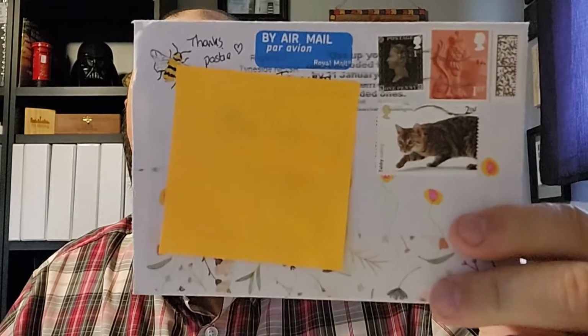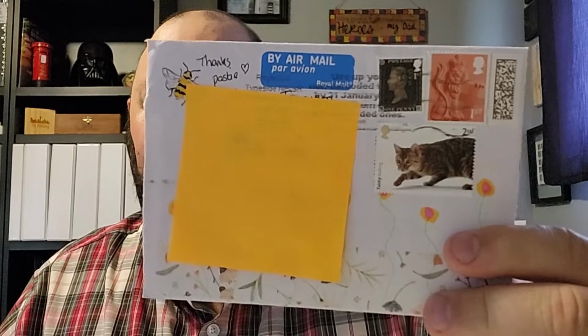And then the last thing that I received also comes from Jilly B. When I got home from vacation, this was in my mailbox. She's decorated it with these 3 stamps, and there's a bee here and an I Stand With Ukraine sticker, which we certainly do. And so Jilly sent me a couple things. She sent me some stamps. So thank you, Jilly. Wonderful stamps. And then she sent me